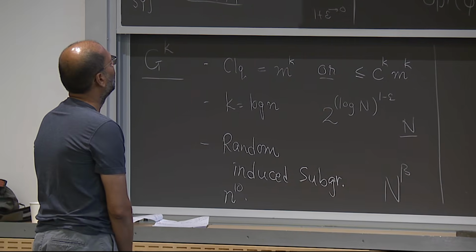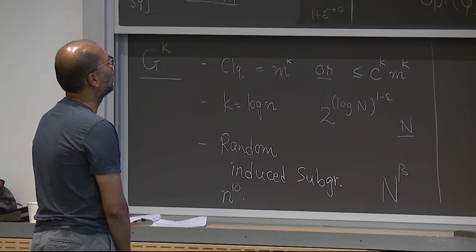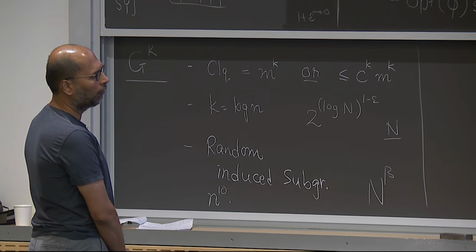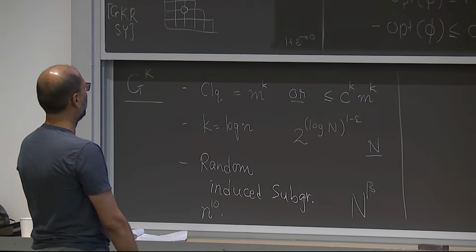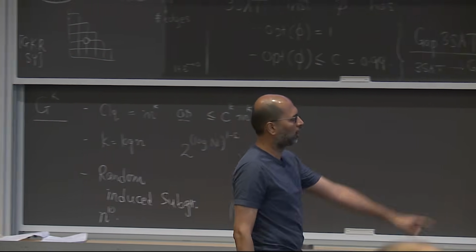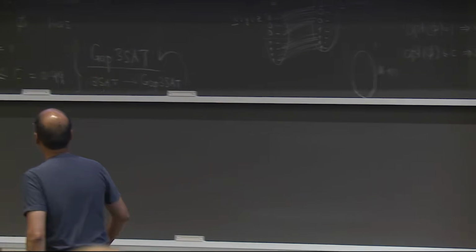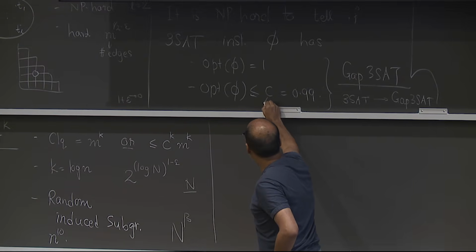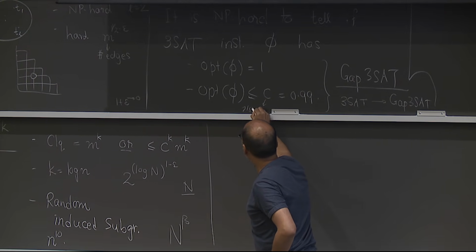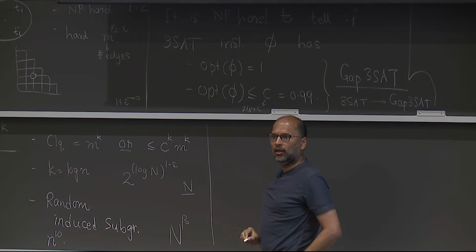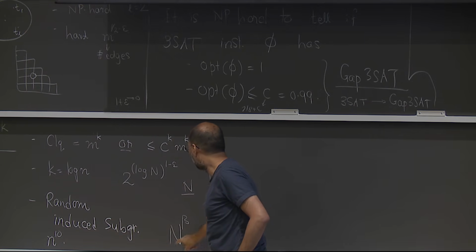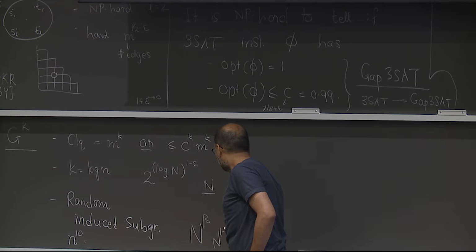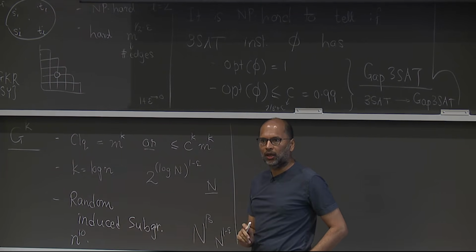Now, of course, you always want to get optimal results, and eventually it does turn out to be the case, which in fact we already noted in terms of the main results, that in this PCP theorem, this constant C can in fact be taken as arbitrarily close to 7/8. And in the hardness result for clique, this can really be pushed to not n to the little constant, in fact n to the constant which is arbitrarily close to 1. Okay.